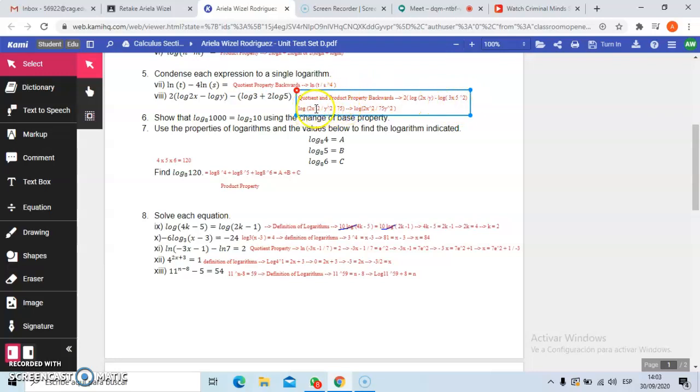Now I condensed all of it, and I distributed the 2 for the next step. So I'm left with log of